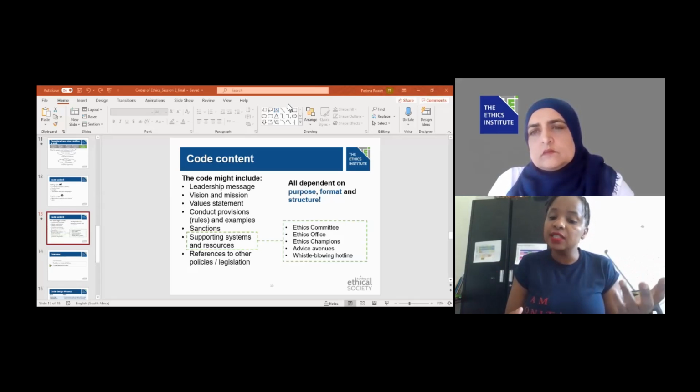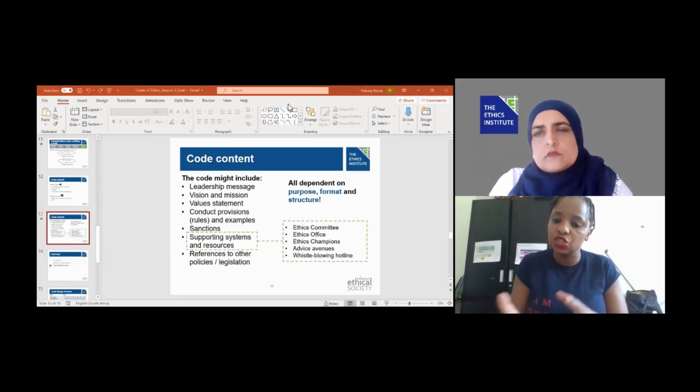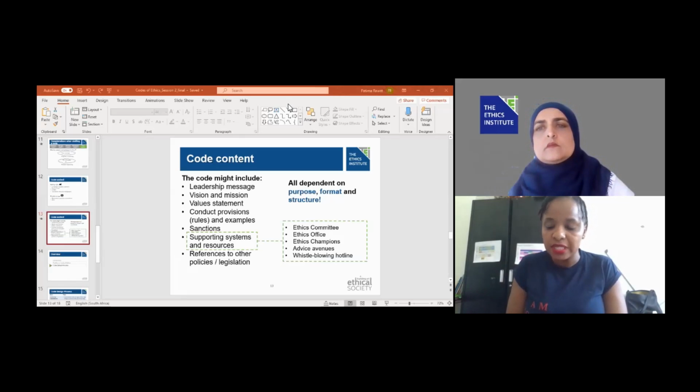So codes of ethics that are more inspirational have the power of being a document that people will need to refer to or go back to read less often, because when they understand it, they incorporate it, it becomes a part of them if they buy into the message that you are trying to transmit.